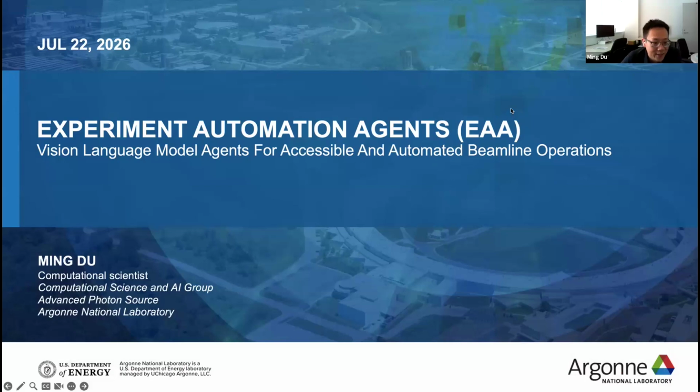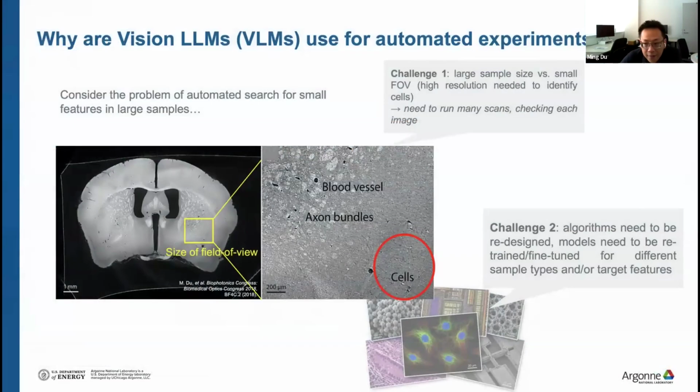So the topic we are going to share about today is agentic AI for experiment control and also data analysis. I'll talk about the experiment control part. Our initial motivation of developing agentic AI